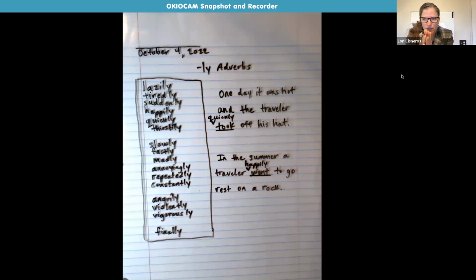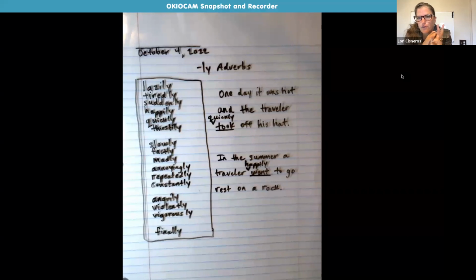You're going to keep working on the bald man and the fly. I know you named it something different. You're going to keep working on that for your homework, okay? And I'm going to put this in Google Classroom. But you are going to add 3 ly words to your story, okay? Find 3 spots to add an ly word.